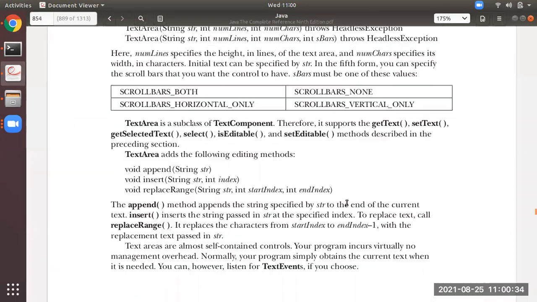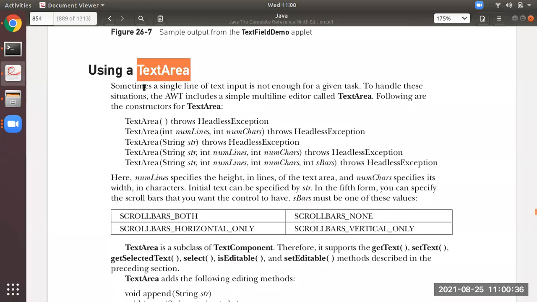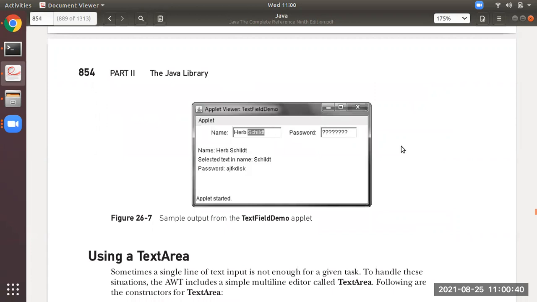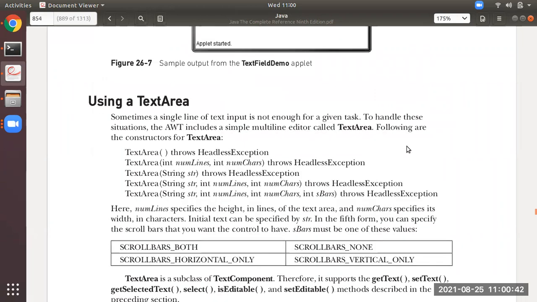So see, students, what is text area demo? Sometimes a single line of text input is not enough. Like in text field, only one line. Suppose you want to represent the data on your web page or on your applet window in the form of a paragraph. That time you go for text area.